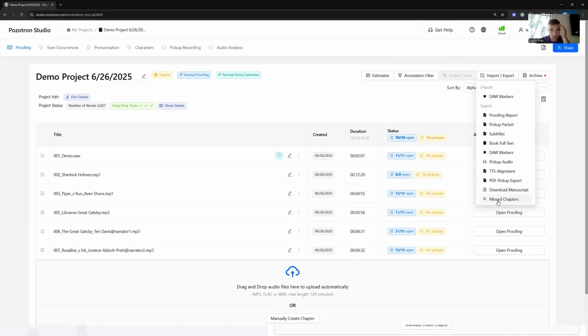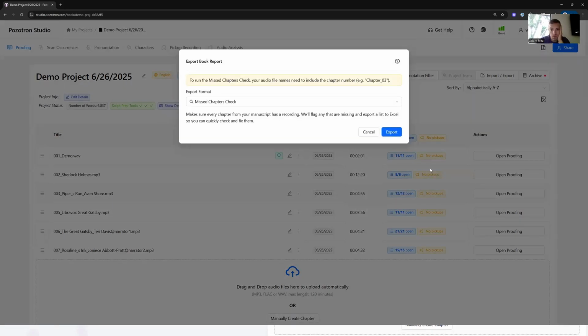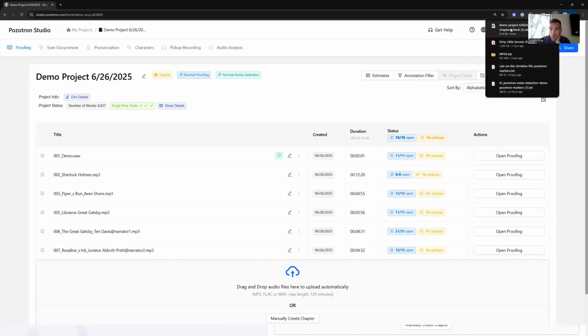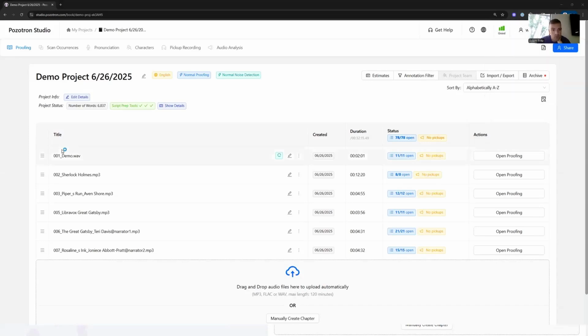So if you have a lot of audio files, you upload them all to Pozotron, and it can get a little messy if there's 30 files here and you want to make sure every single one was uploaded. What this does, you do need to have your chapter titles include a chapter number. But if I hit export here, this will download an Excel sheet. And if I open it up,